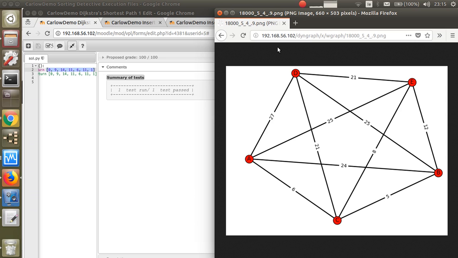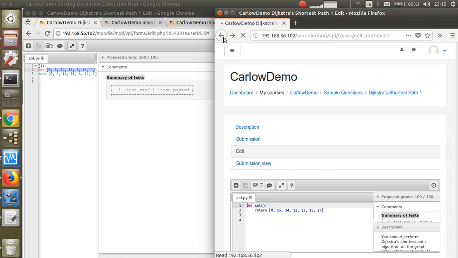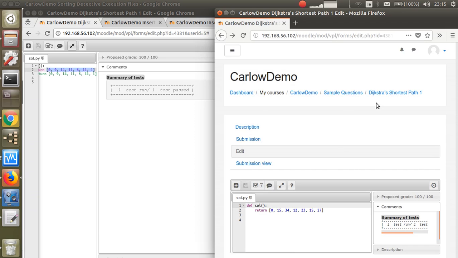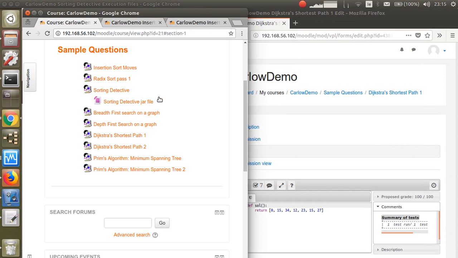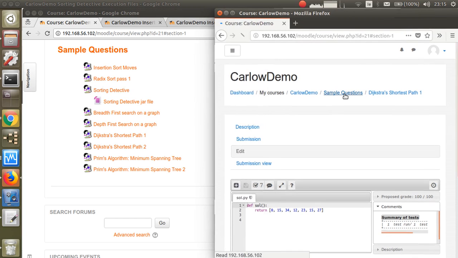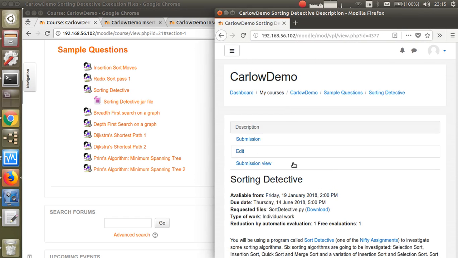I'll just go back here. So this is student S2, and I want to go back to student S1 because I want to have a look at another one. Now this is called sorting detective. So actually I'll do that with this guy, sorting detective. Now this is